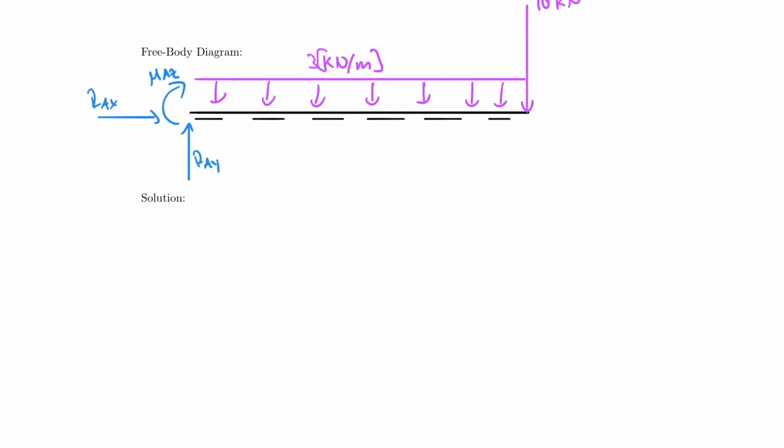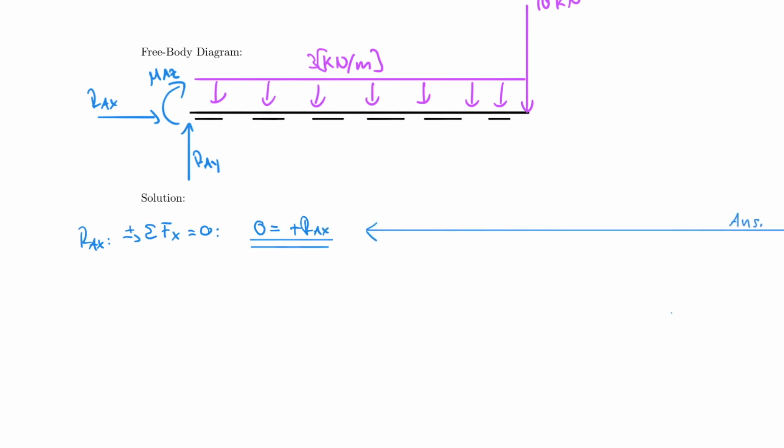So for example, I usually start with RAX, which is calculated by the sum of the forces in the x direction being equal to 0, positive to the right, and 0 is equal to plus RAX. And that is already done because there's nothing else in the horizontal direction. Now for RAY, I take the sum of the forces in the y direction being equal to 0, positive upwards, and 0 is equal to plus RAY minus 3 kilonewton per meter